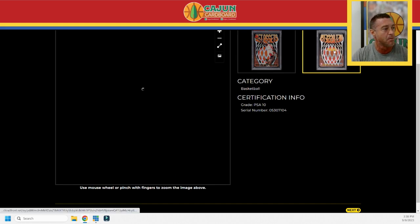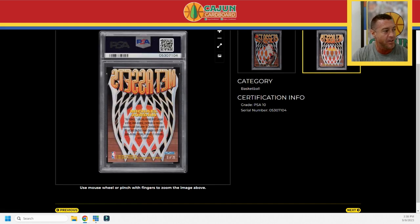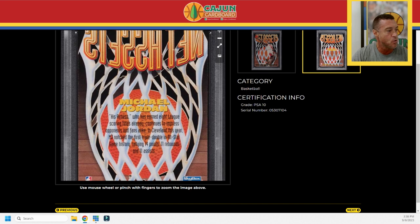The back looks similar to the front. It's just the reverse negative of it. And it says, "His Airness, who had earned 8 league scoring titles already, continues to impress opponents and fans alike. In Cleveland this year, MJ notched the first triple-double in All-Star game history, tallying 14, 11,"